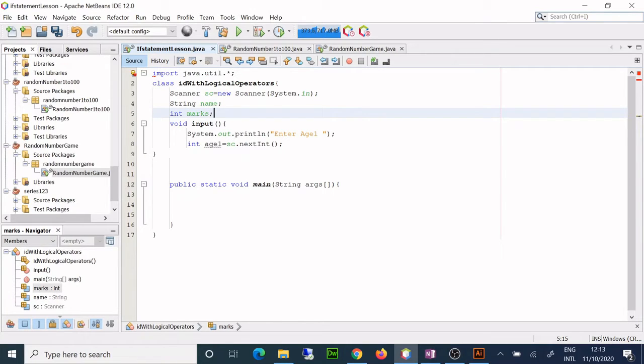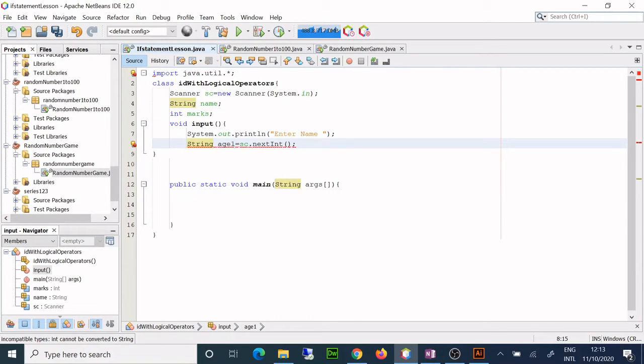So I'll say enter name. And here string name, and when we enter a string it is next line.